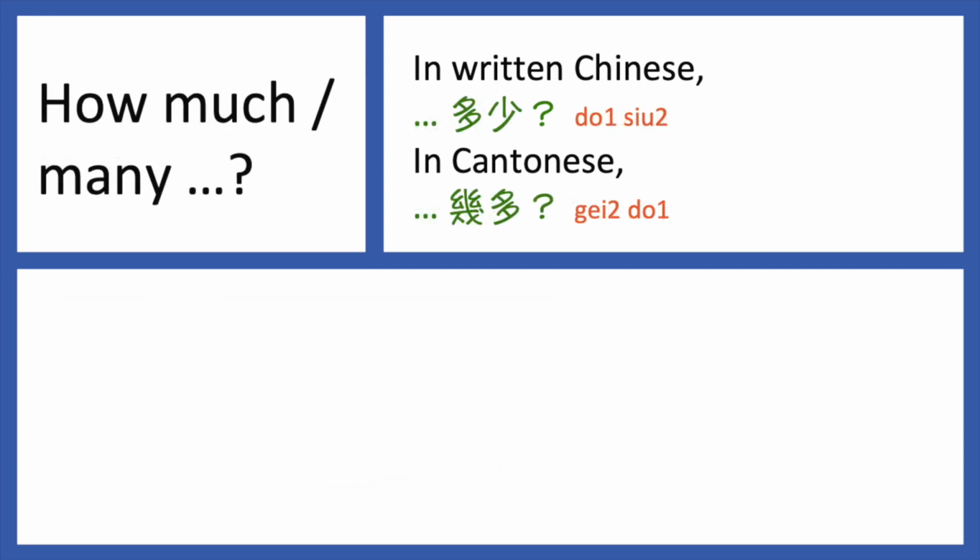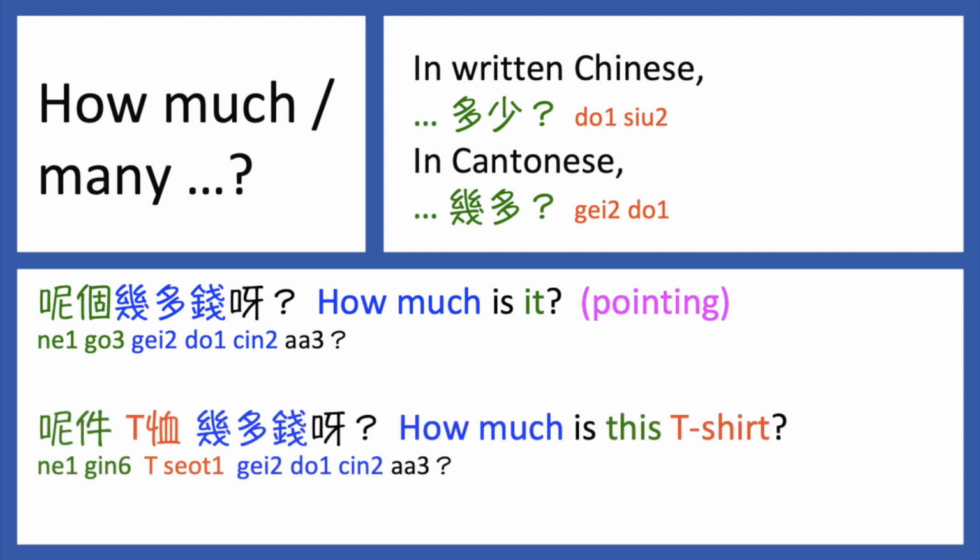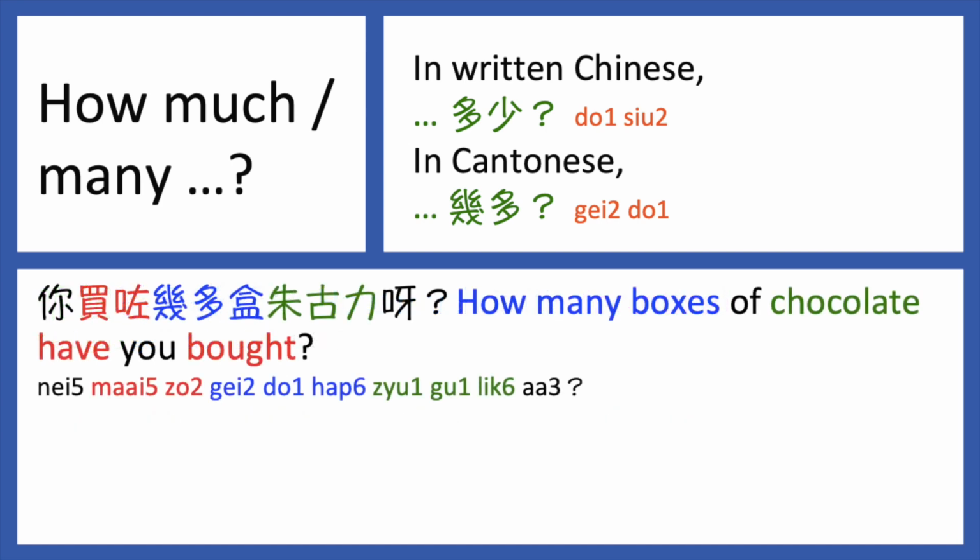How much? How many? In written Chinese, we say 多少？ In Cantonese, we say 幾多？ For example, 呢個幾多錢啊？呢件 T 恤幾多錢啊？你買咗幾多盒朱古力啊？